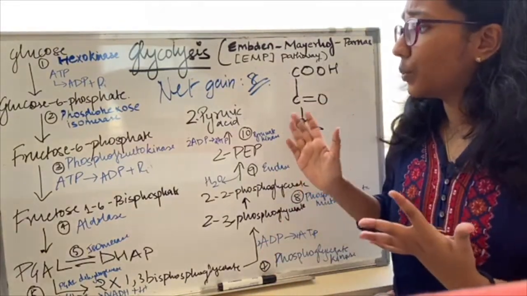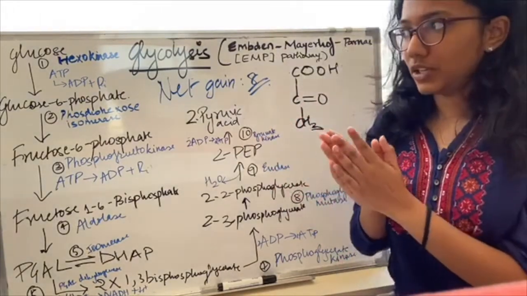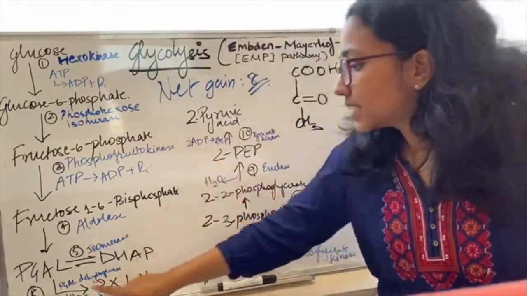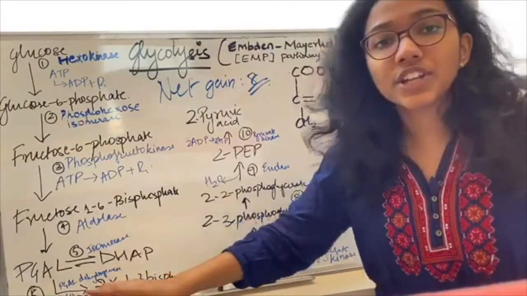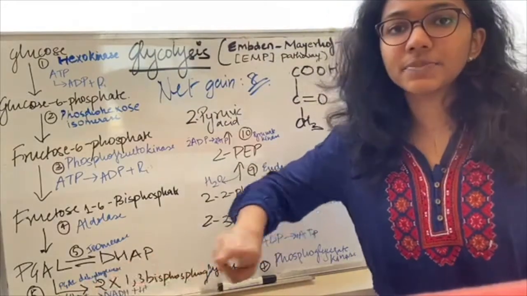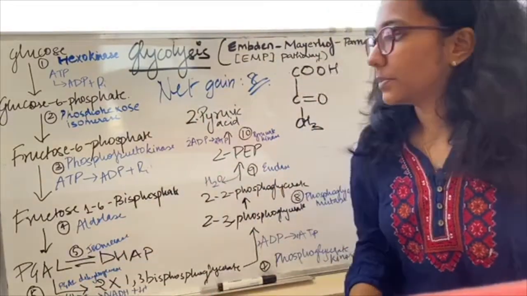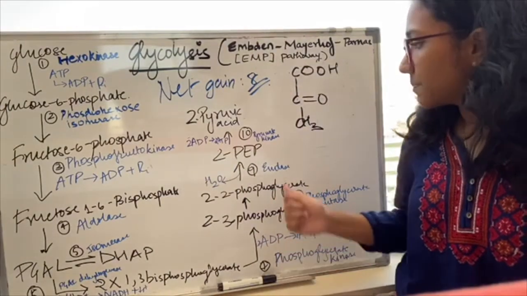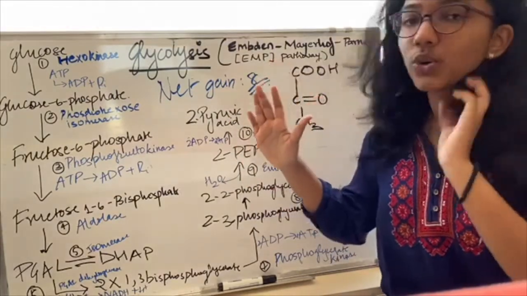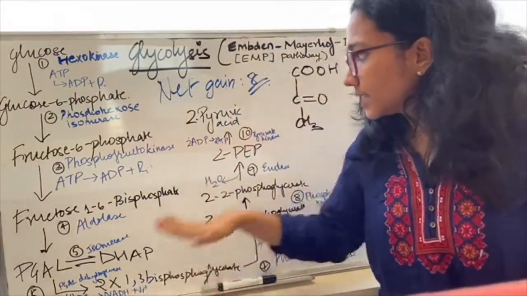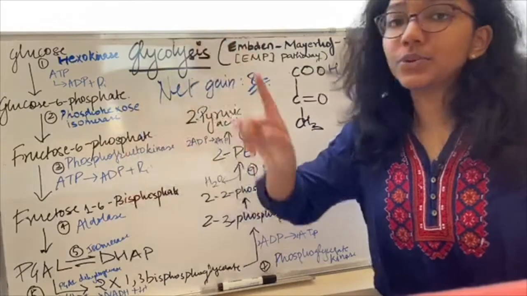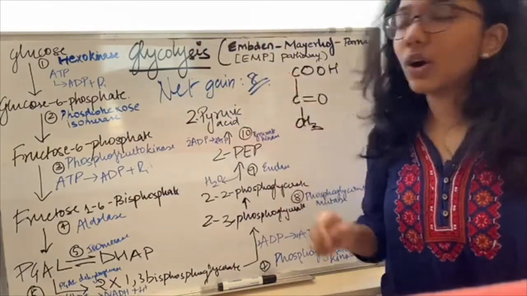Let's find out where all ATP is being consumed and being used. In step 1 and 3, ATP is being used. In step 6, NADH, which corresponds to 3 ATP, is being produced. So that means 2 molecules of NADH, meaning 6 molecules of ATP, are being produced. 2 of them are being produced in step 7 and 2 of them in step 10. So as a total, we have a gross gain of 6 plus 4, that is 10 ATP. But since 2 ATP are being used in the first and third step, there is a net gain of 8 ATP.